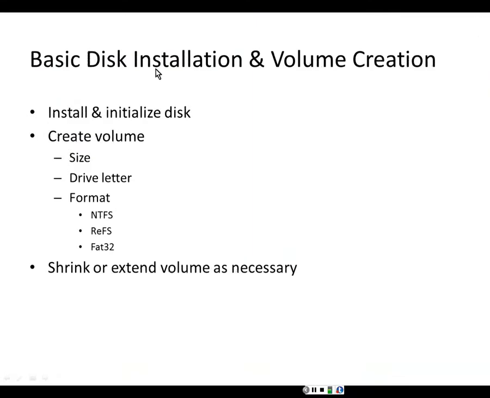So in basic disk installation and volume creation, you initialize the disk, then you create a new simple volume. You specify the size of the volume, the drive letter, typically formatted as NTFS, and then you can save data to it, and if you change your mind on the size of the volume, you can shrink it or extend it as necessary. And this concludes part 1 of Chapter